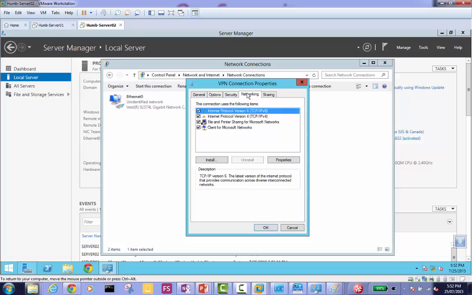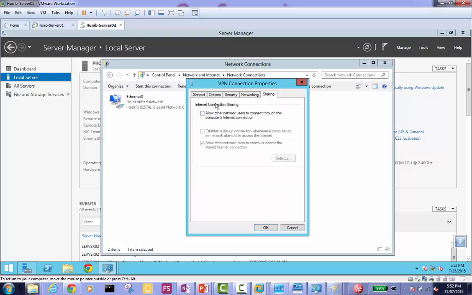Okay, networking, all okay. File and print sharing will be enabled. Client for Microsoft networks, all the Microsoft clients will be able to connect. IPv6 will be supported when you connect to your VPN. And if you want to share from this, that's a very, very bad idea. Anyway, if you're connected to a company network, you must have internet already, right? Then you can share with others, hey, I'm connected to my company network and there's internet, so why don't you connect? Sharing is there for this as well, if you want this laptop to work as a router.